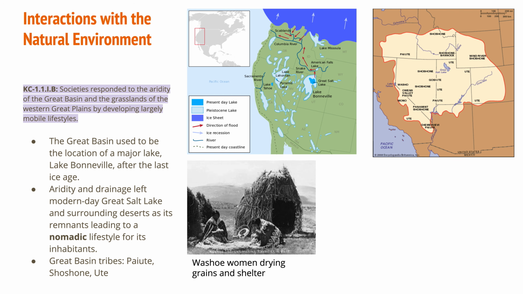You see that the shelter that they're using seems very lightweight, made up of light materials. So at any moment, they could pick up and move to another area. At the same time, they are showing behaviors of people who are sedentary, which means that they are doing things that are like agriculture. What they're doing here is they're drying grains that they have grown. So just because you're nomadic doesn't mean that you can't practice agriculture. They did both. Some of the tribes that you should know in the Great Plains are the Paiute, the Shoshone, and the Ute. In the map, you can see even more.